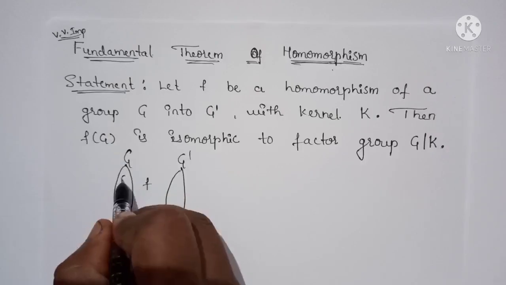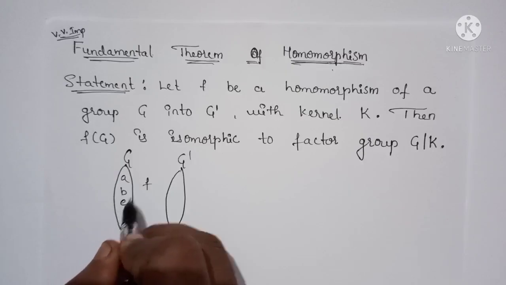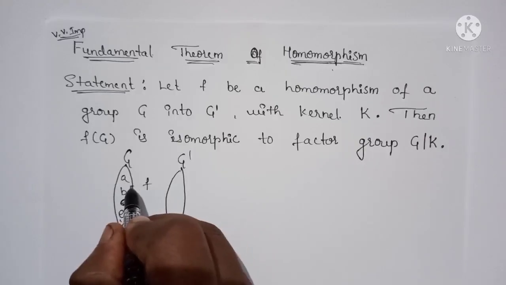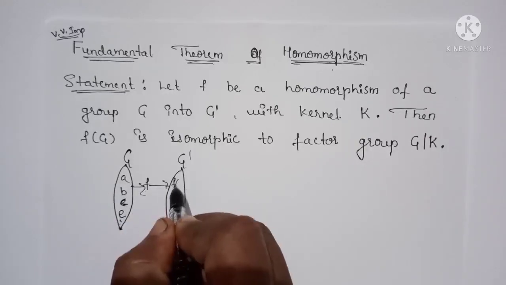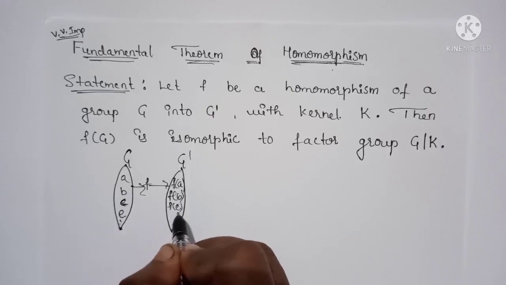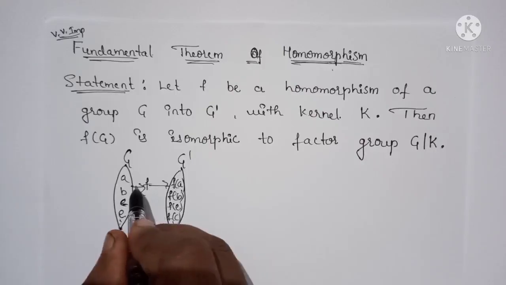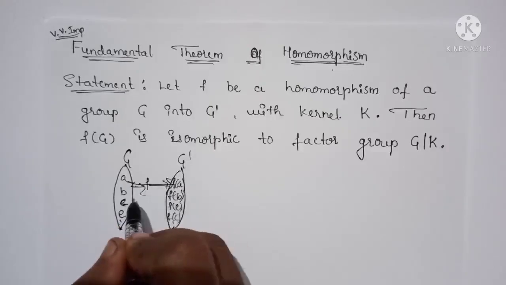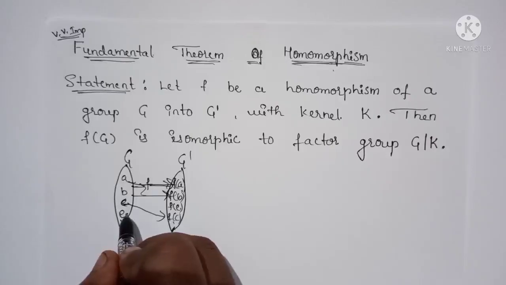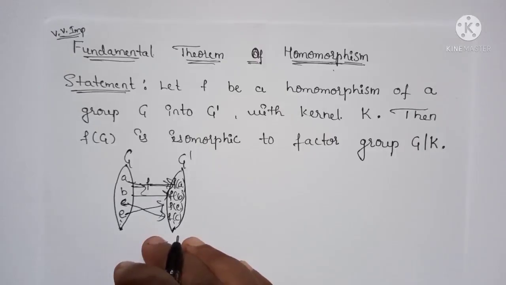Say for example we have elements a, b, c and identity element e and so on. Then here a mapping f such that f(a), f(b), f(e), f(c) and so on. Okay, so here we have a mapping a to f(a), b to f(b) and c to f(c), and obviously the identity element maps to f(e), like that. Okay, so then here we have to show that